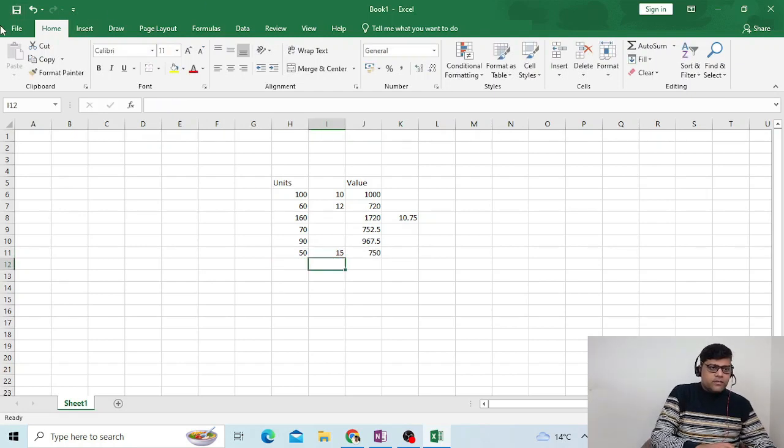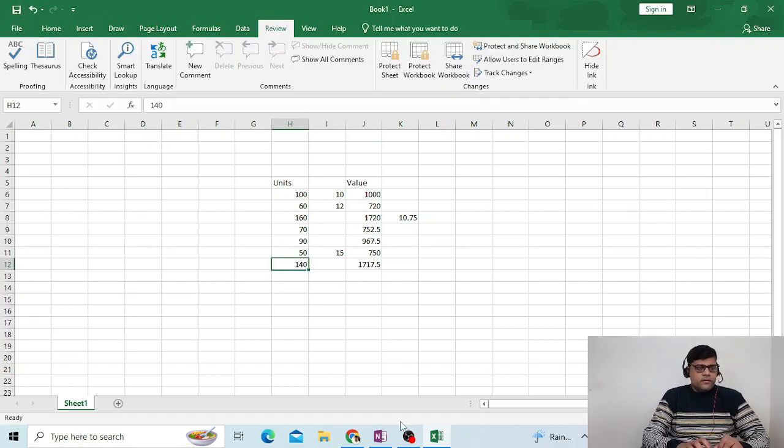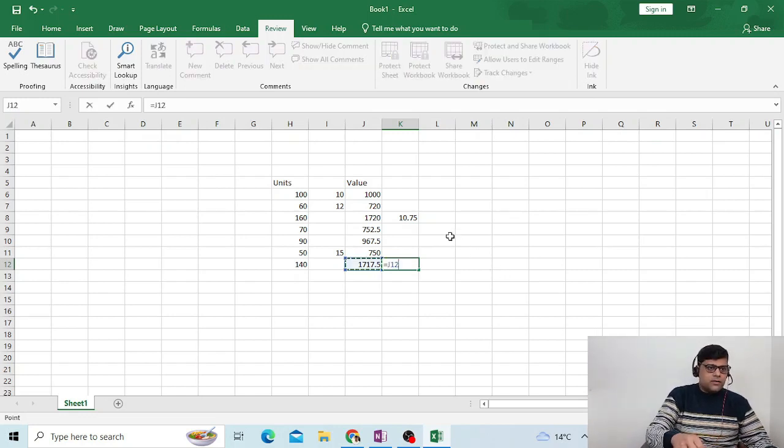Now what is our total value? Second transaction, the receiving of 50. So now we have a closing inventory of 140, and the closing value of the inventory is 1717.50. Now if we are going to calculate the moving average, or the system is going to calculate the moving average price, then this will be,